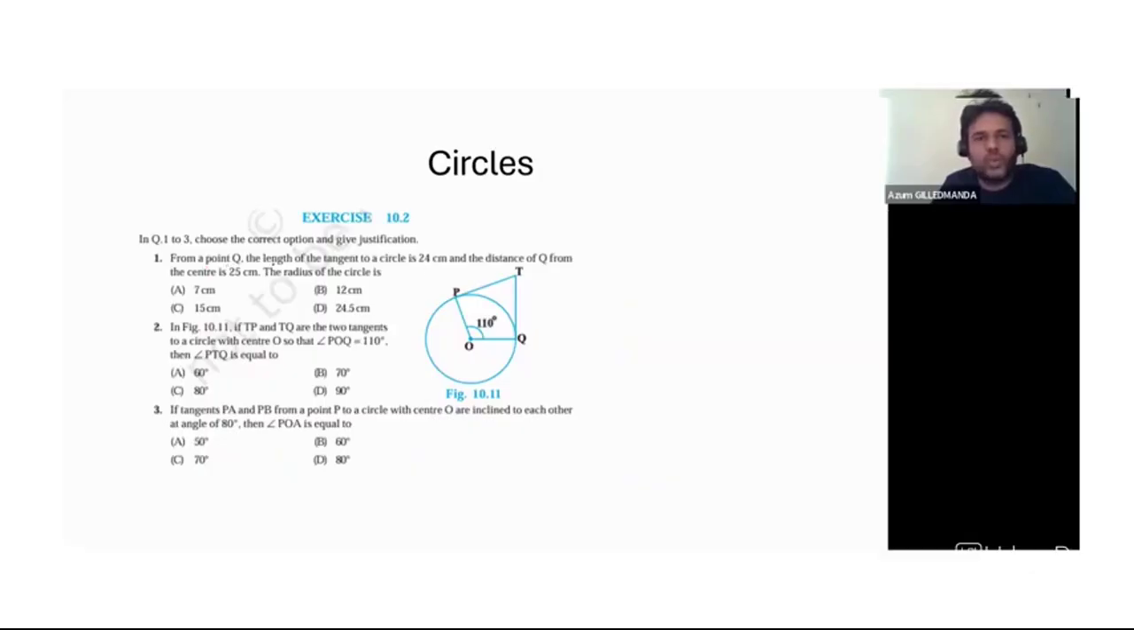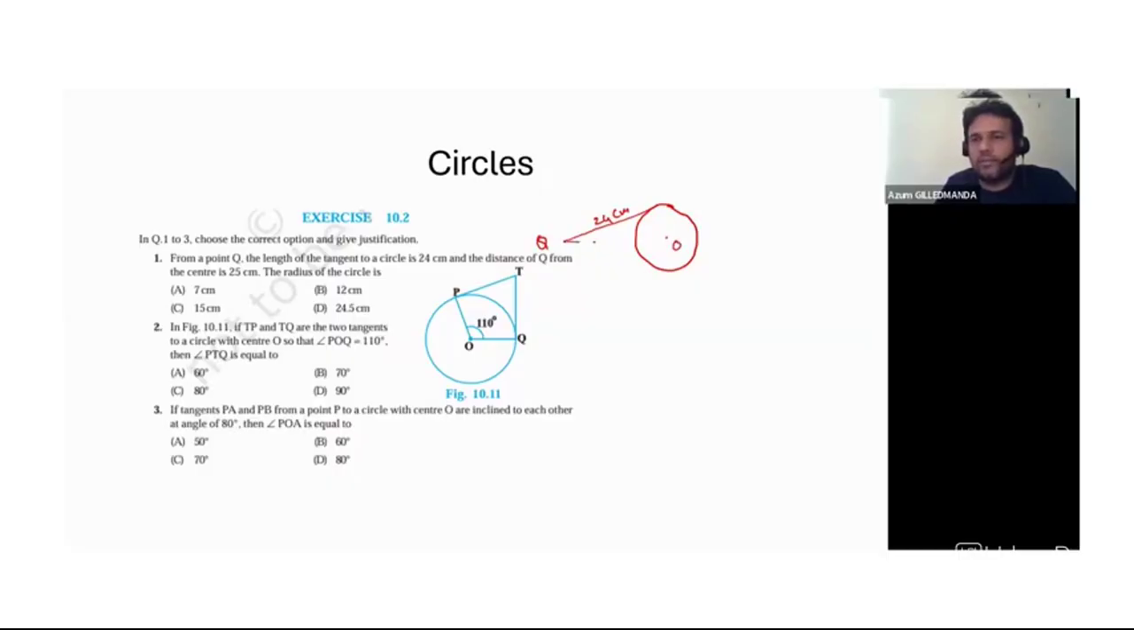So from a point Q, the length of tangent to a circle is 24 centimeters and the distance of Q from the center is 25. Find the radius of the circle. Okay, so this type of problem can be asked. The first problem: there is a circle. Somewhere here there is a point Q. So if a tangent is drawn here, the length of the tangent is given as 24 centimeters. And the distance of point Q from the center, let's say O is the center,